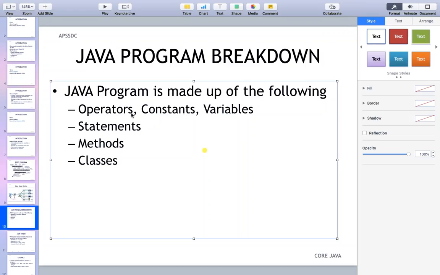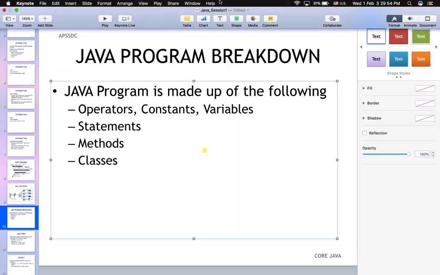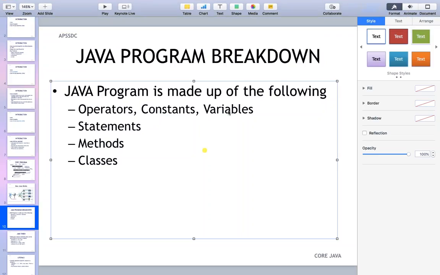Got it? What are constants then? Constants are specific values that will never change. Like your name, the spelling of your name is a constant. Your actual age, let's say 21, 22 years, that is a value, a constant, right? We'll look at those examples now. What are variables, right? A variable is nothing but a particular point in the memory where information is saved. We'll look at what variables are as well, what are statements,